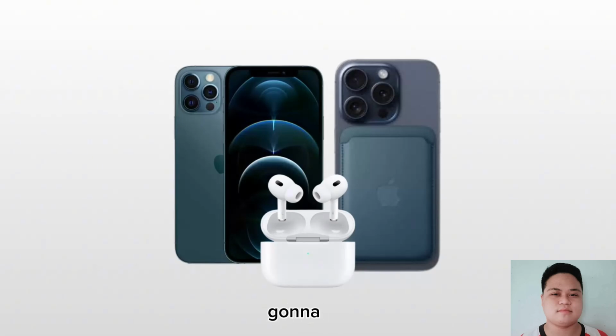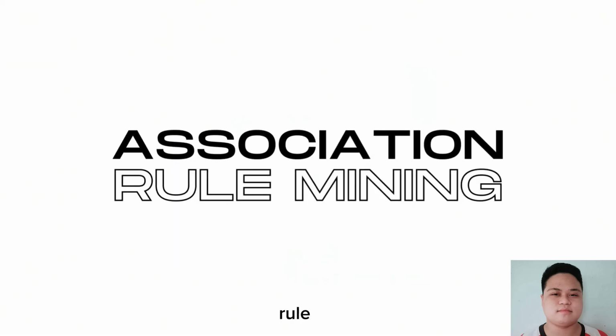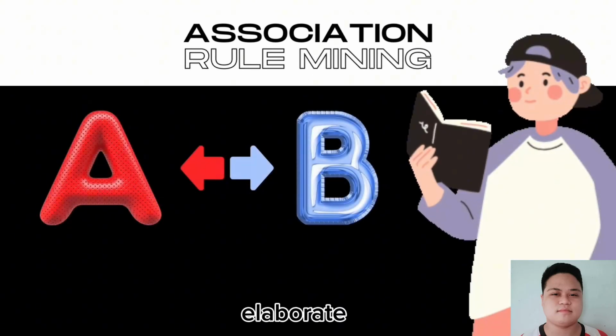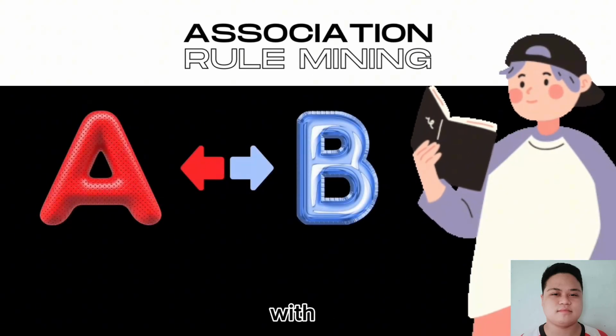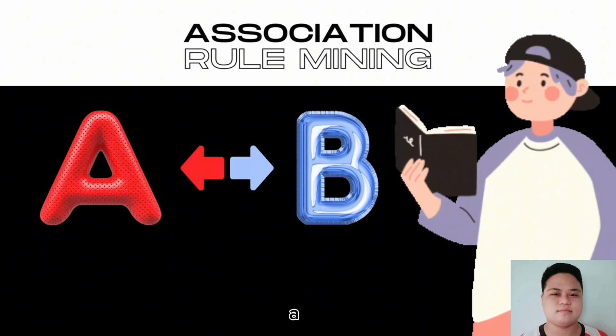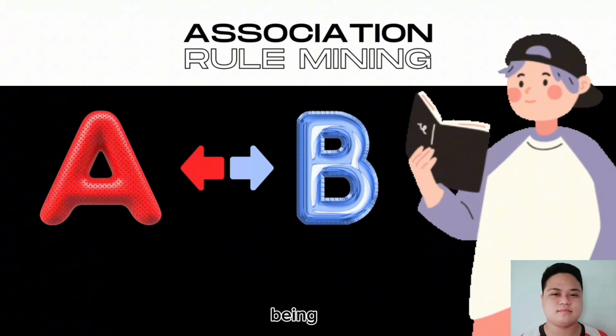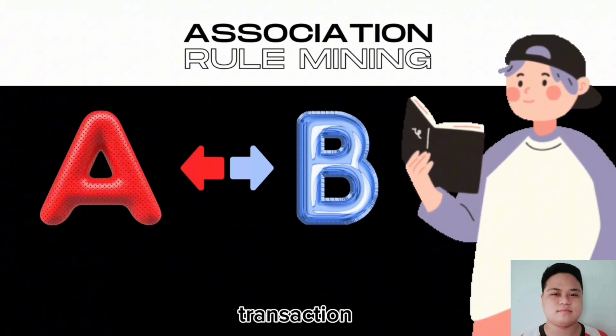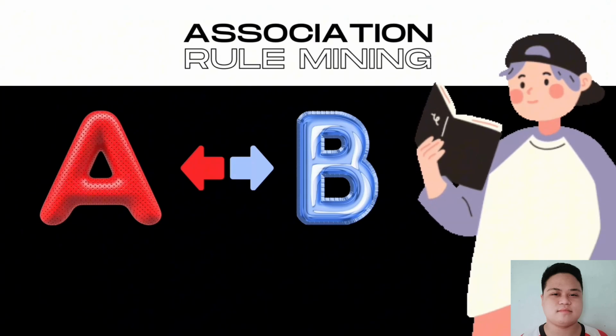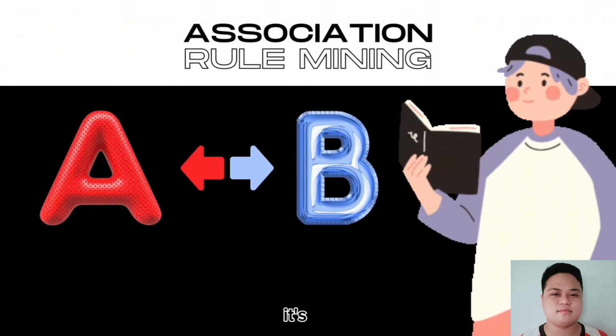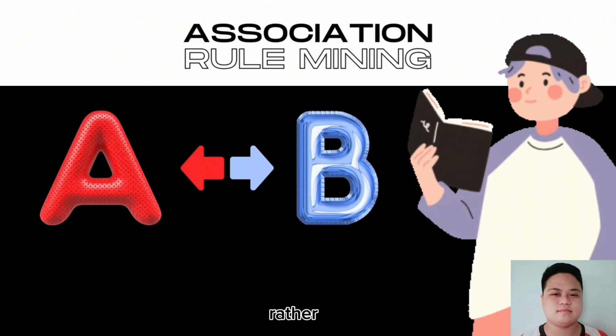This is what we're going to talk about in this session, which is association rule mining and the Apriori algorithm. Association rule can be thought of as an if-then relationship. Just to elaborate on that, we have come up with a rule. Suppose if an item A is being bought by the customer, then the chance of item B being picked by the customer under the same transaction ID is found out. You need to understand here that it's not causality. Rather, it's a co-occurrence pattern that comes to the fore.